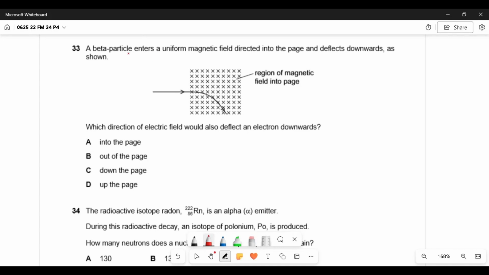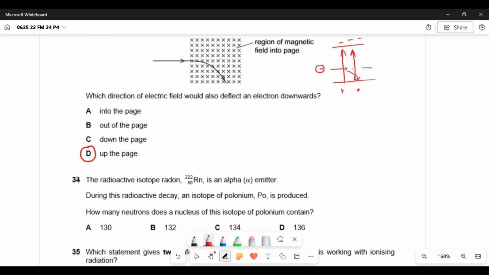33. A beta particle enters a uniform magnetic field directed into the page and deflects downward. The cross is showing into the page and it's going down the page. Which direction of electric field would also deflect the electron downward? We know that if this is a positive plate and this is a negative plate, the electric field will be from positive to negative. If an electron enters from here, it will not go straight, it will deflect down toward the positive plate. So the electric field direction is toward the top of the page, so option D